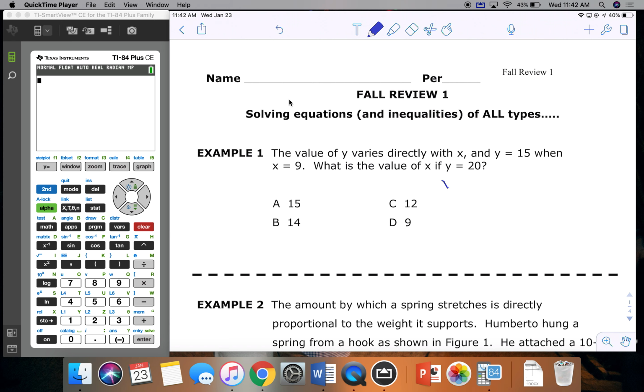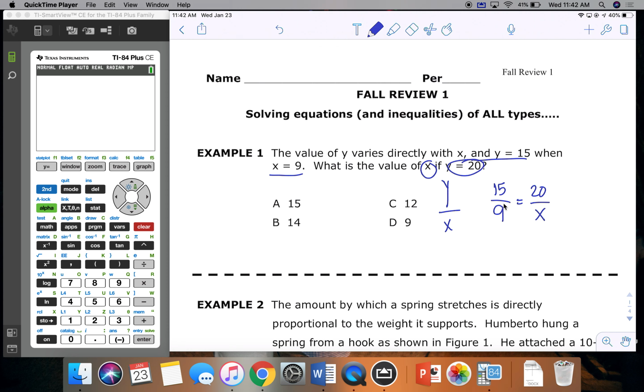So the easiest thing that we can do is set up proportions. This first info, they tell me y is 15 and x is 9. So I'm going to put those together in a proportion. They want to know x if y is 20. Now, it doesn't matter if you put x or y on top. It is advised that you use this to make sure that you are putting the same things on the top